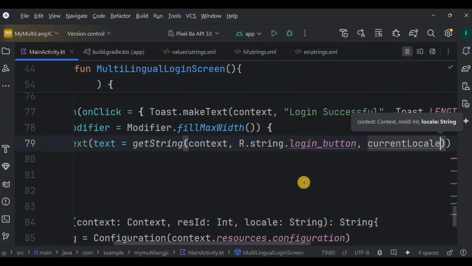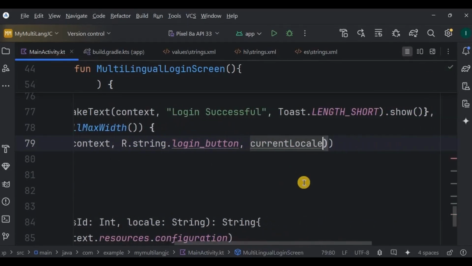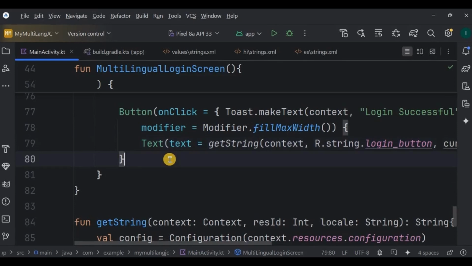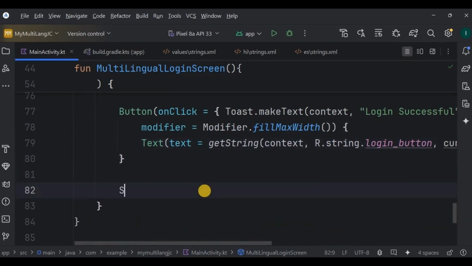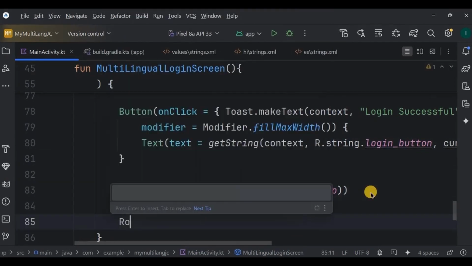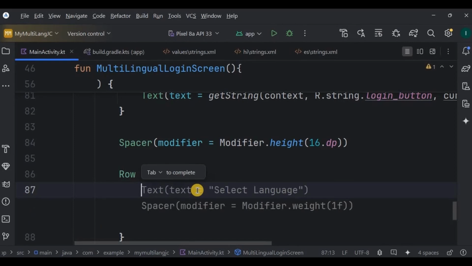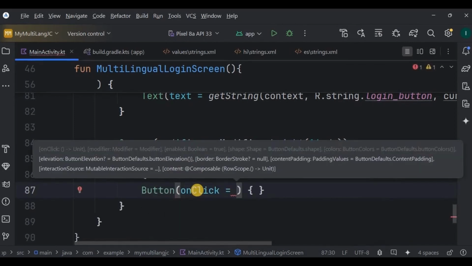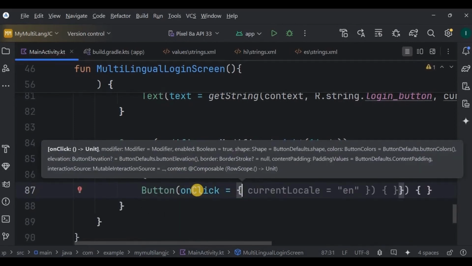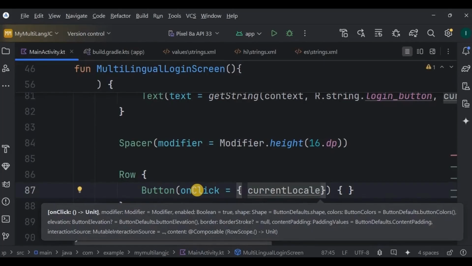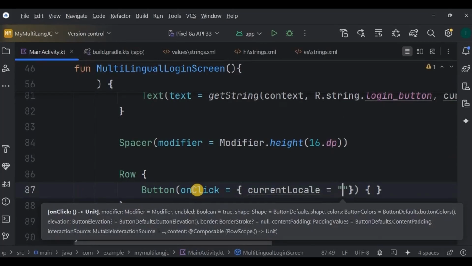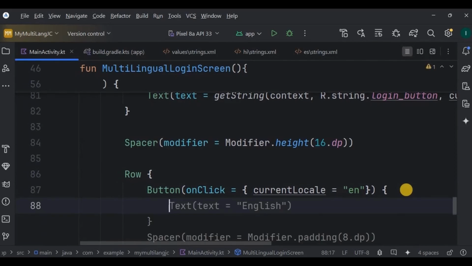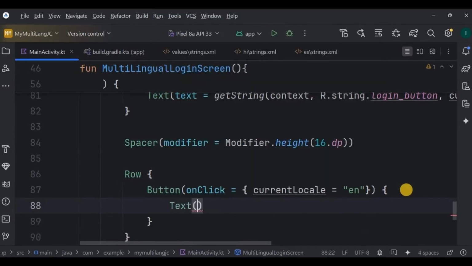Below the login button, we will add three buttons for the language selection: English, Hindi, and Spanish. So give a spacer of 16 dp. Inside a row, create our first button, English. So when the user clicks on it, it should translate the entire text to English. Hence for that, we will set the current local to EN, which is the language code for English, and button